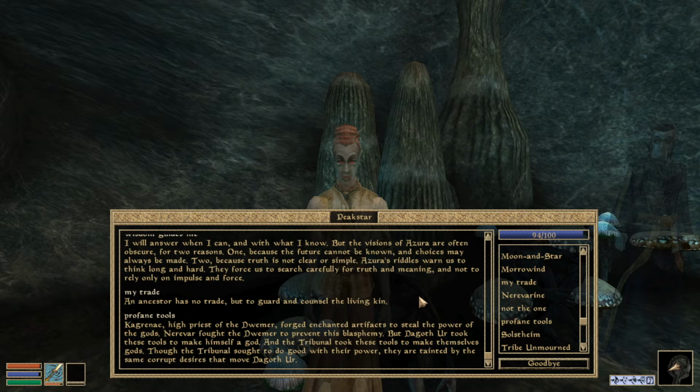Kagranak, High Priest of the Dwemer, forged enchanted artifacts to steal the power of the gods. Nerevar fought the Dwemer to prevent this blasphemy, but Daggerfall took these tools to make himself a god, and the Tribunal took these tools to make themselves gods. Though the Tribunal sought to do good with their power, they are tainted by the same corrupt desires that moved